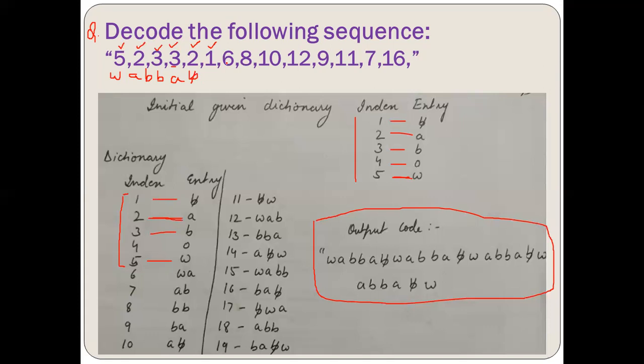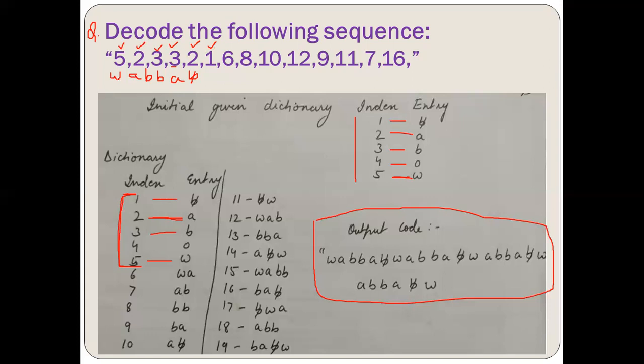Then we have 6. Now we just have up till 5. We have not maintained any dictionary entry for 6. So what we need to do? We have to update this dictionary and we have to generate the sequence, right? As you can see, up till now it was very easy for us because the initial dictionary was already maintained from 1 to 5 and we have defined the sequence accordingly. Now for this 6, we have to generate the dictionary. We have to add on to the dictionary.